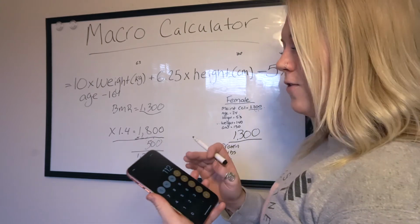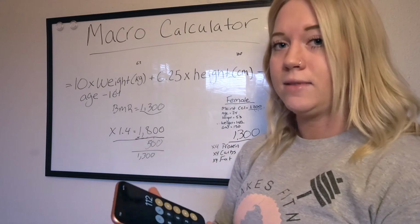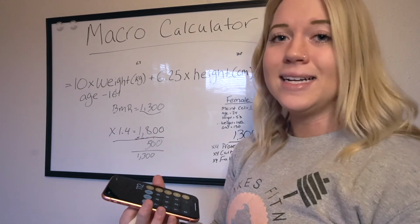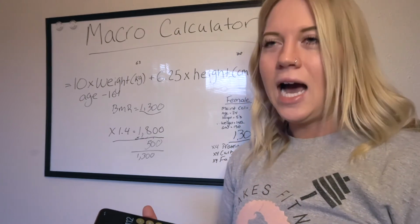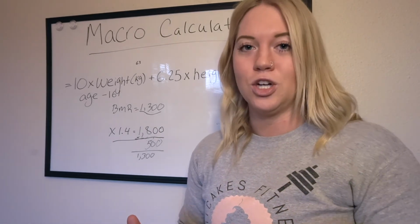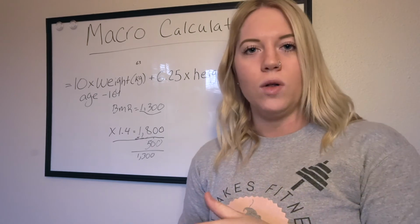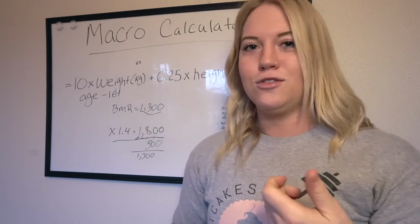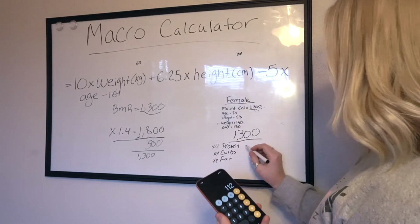Obviously the more you weigh, the more protein you're going to have to consume. So if you get like 150 grams or something, cut it down to something that is doable for you. Even if it's 100, I've even put clients at like 90 grams of protein to start with, and it's so low, but I want them to reach their goal instead of getting discouraged every day. I don't want them to all of a sudden sit there and eat chicken all day long because they need to reach their goal. So 115 grams,